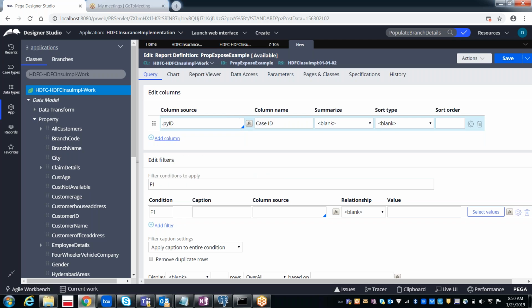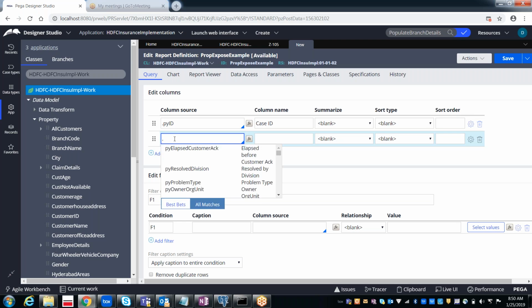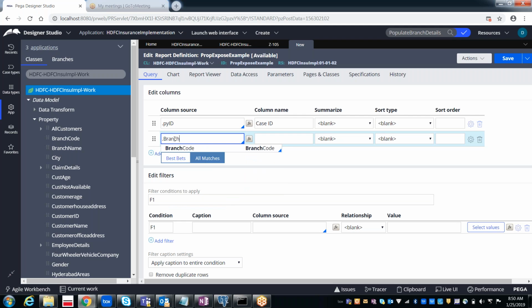So pyID, and then customer ID, it's not there. And do we have branch code? We have the branch code.